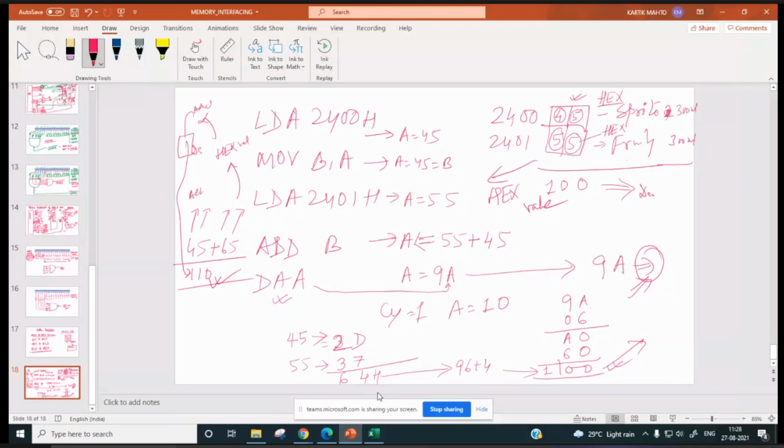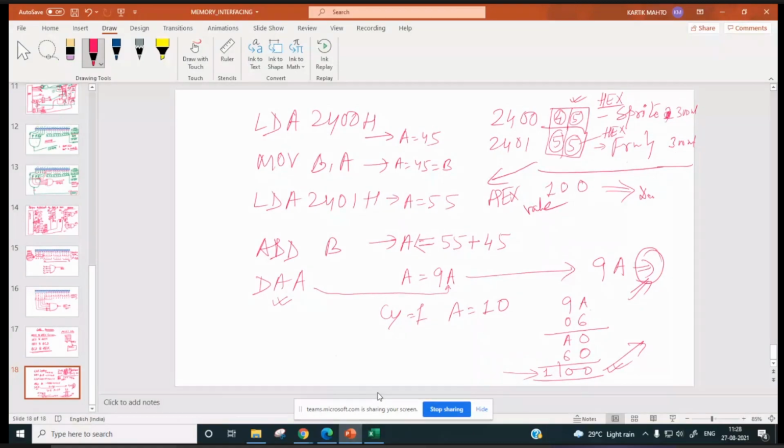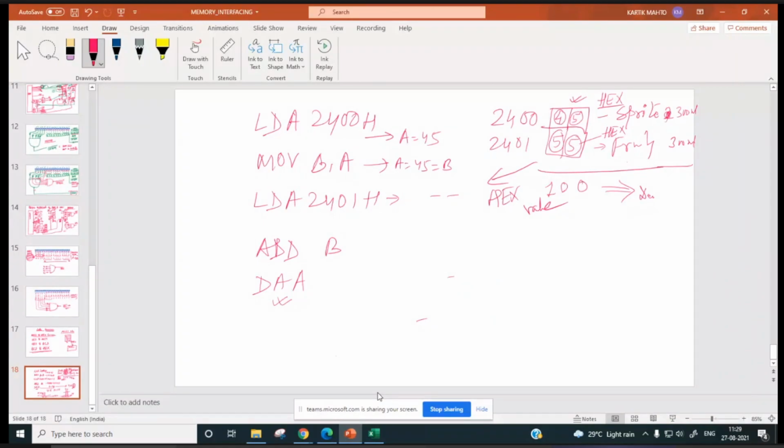But this processor is a very, very basic one, an 8-bit processor. We don't have system software with that much advanced features. So everything you have to do yourself. If any conversion is needed, you have to do it yourself. So how will codes be converted? Different codes will be converted. That we are going to discuss now.